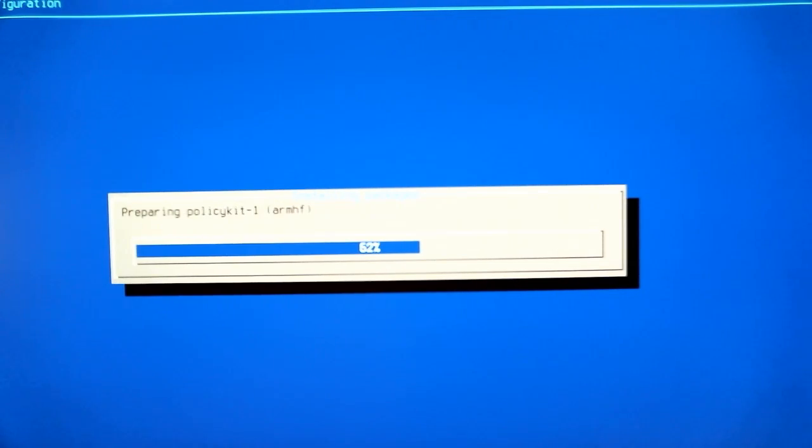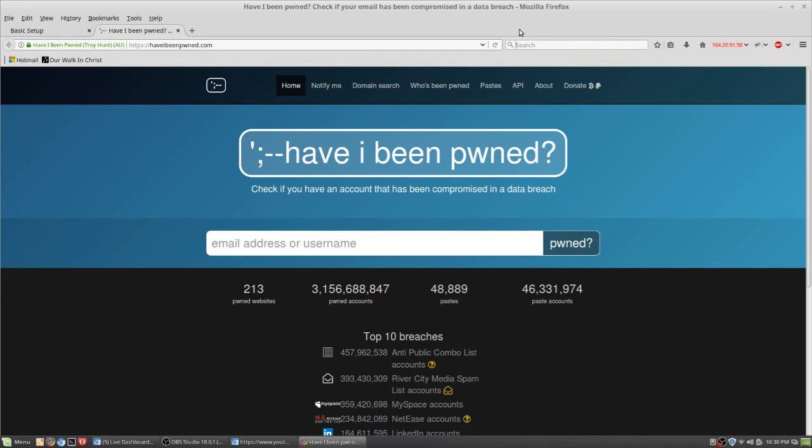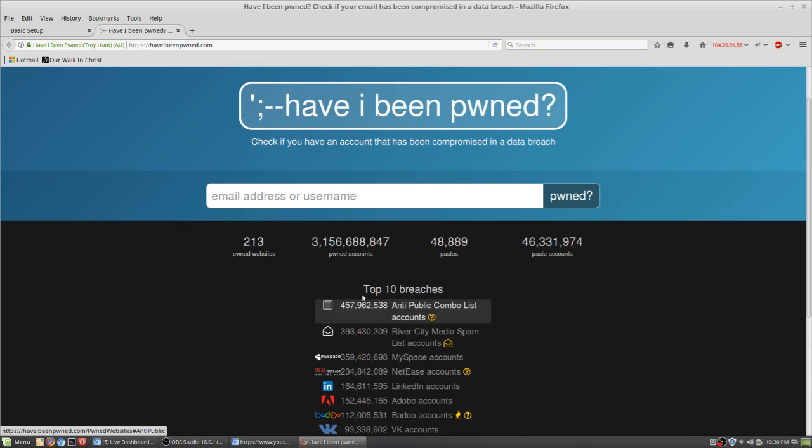Okay, so if you are not familiar with this, this is the website. Basically you can enter your email address in here and it will cross-reference that against all of these leaked informations, and it will let you know. So these are the